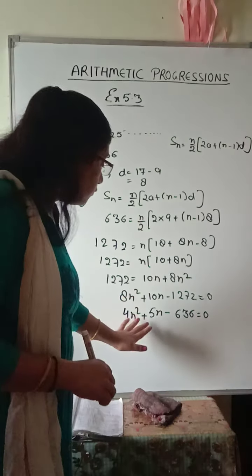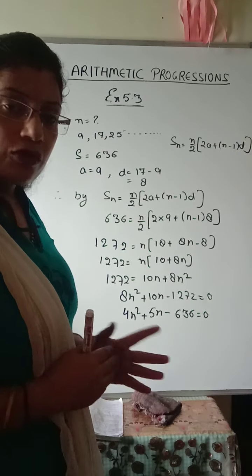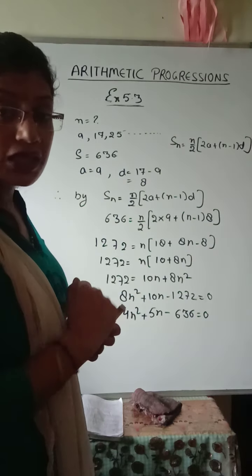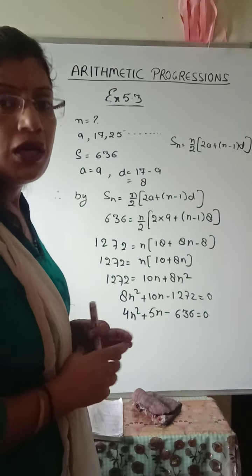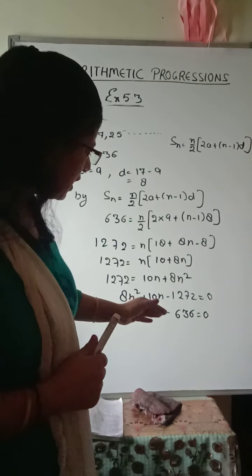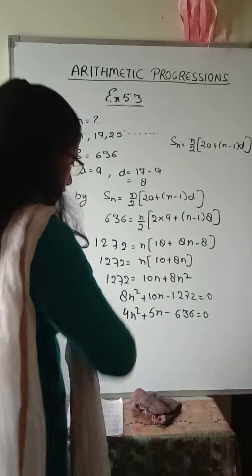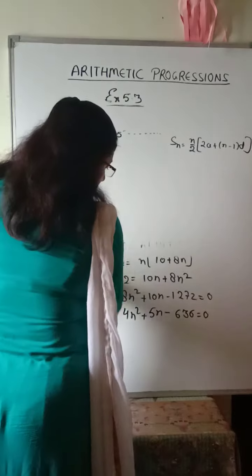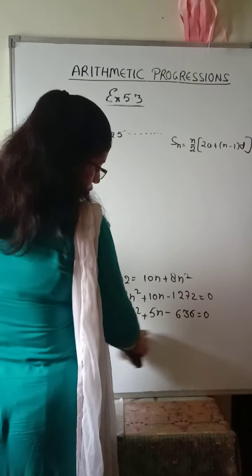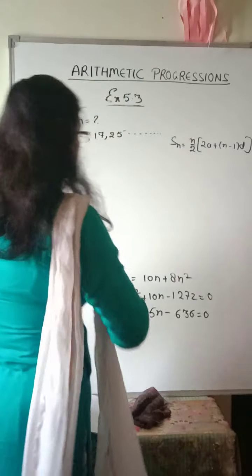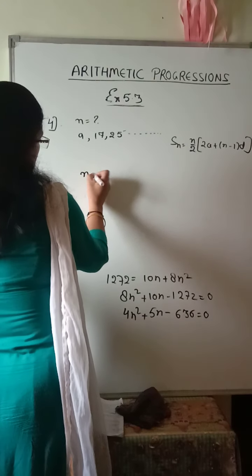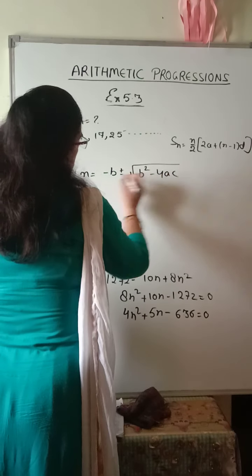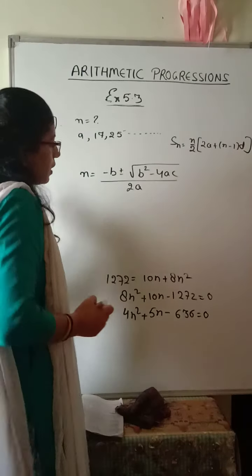तो देखो, we can find the solution of a quadratic equation by completing the square also. हमारे पास quadratic formula भी था, so we can use any of the things here. Let us use the quadratic formula here, so that will become more easy. Splitting the term I am not doing because the numbers will become too lengthy, big numbers. So the value of n is minus b plus minus root of b square minus 4ac divided by 2a. हम तो कहीं भी यूज कर सकते हैं इसे.